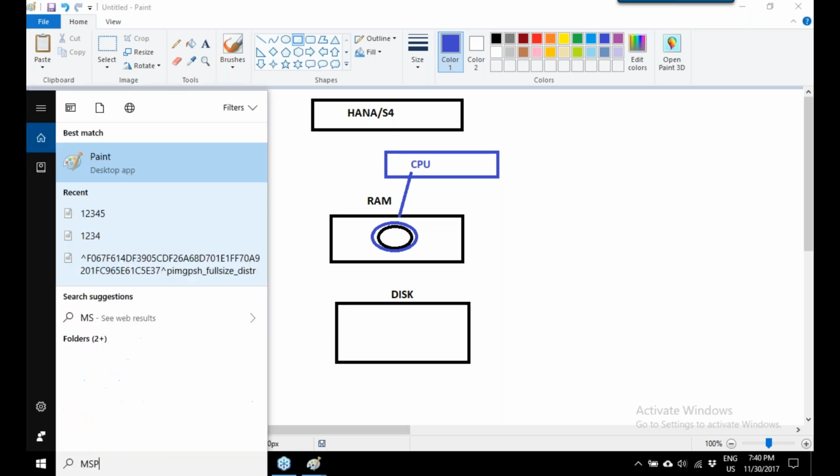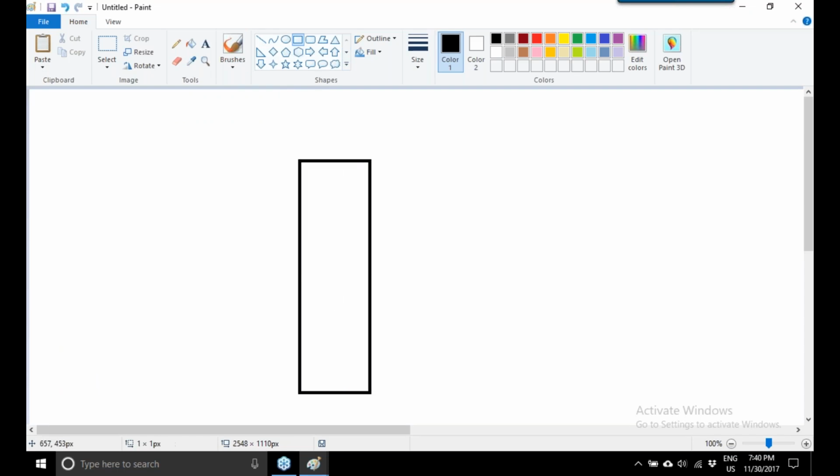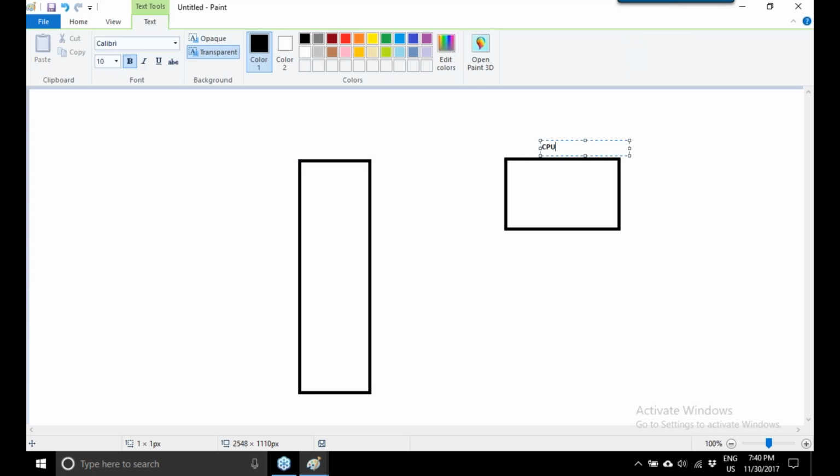Normally, when you have a complex program, these complex programs are processed in the CPU, the central processing unit.